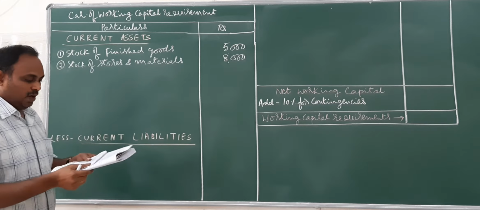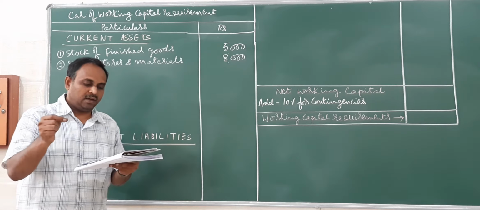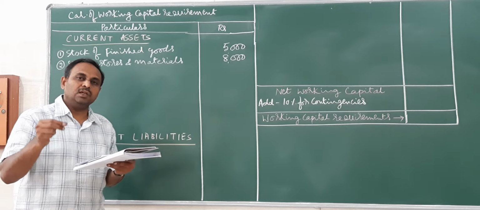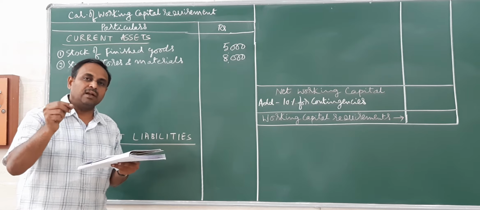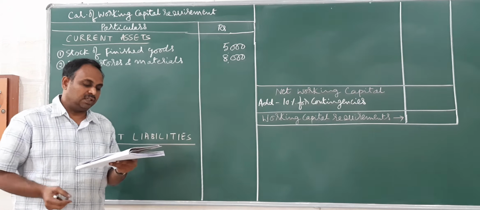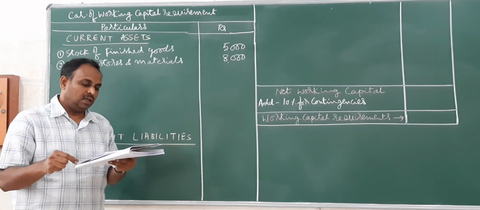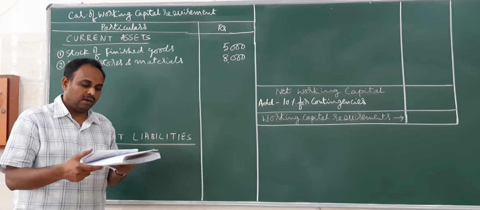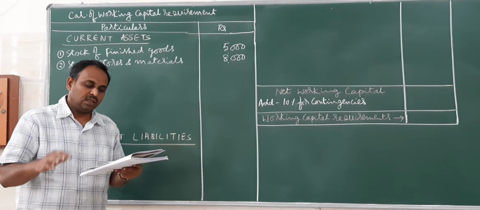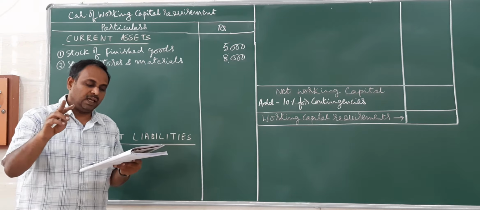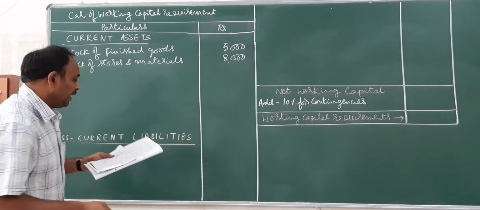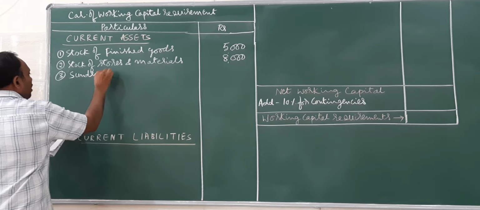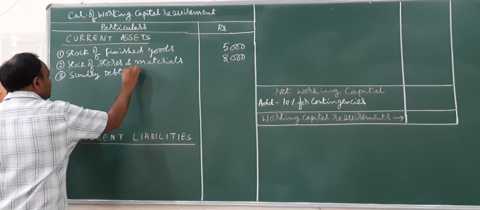The next information you have is average credit given. Credit given is the amount to be received from customers, that is going to amount as sundry debtors. You have two types of sales here. One is inland sales, the other one is export sales. Inland sales is sales happening within the country. The total amount has been given as well as number of weeks has been given. So we have to calculate that. As I told, it amounts to sundry debtors. We will have it under current assets.